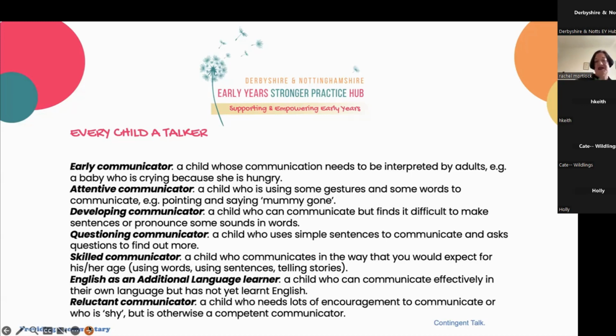So using words and using sentences and telling stories at an age appropriate level. And then the consideration of children who are English as an additional language learners. So children who can communicate really effectively in their home language, but haven't yet learnt to do so in English. And if you watch those children in a classroom or a setting, you can see them translating